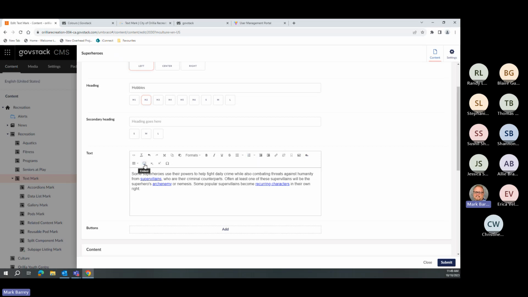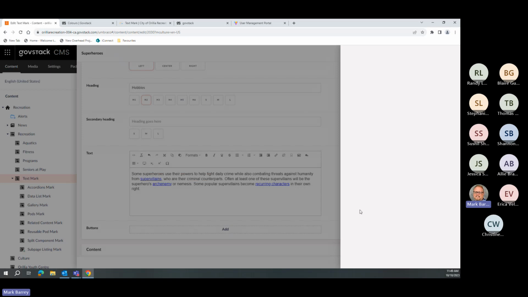Now the other one we have here is embed, and if I click on the embed from here, it should populate. This is a URL. So if your ebooks are stored under a particular URL, you would move that particular piece into your media folders, and then you would copy and paste the URL. If you're using a YouTube channel, you would copy and paste the YouTube URL in here, and it would embed a YouTube player for you to be able to view it. So like I said, it depends on how those ebooks are projected,